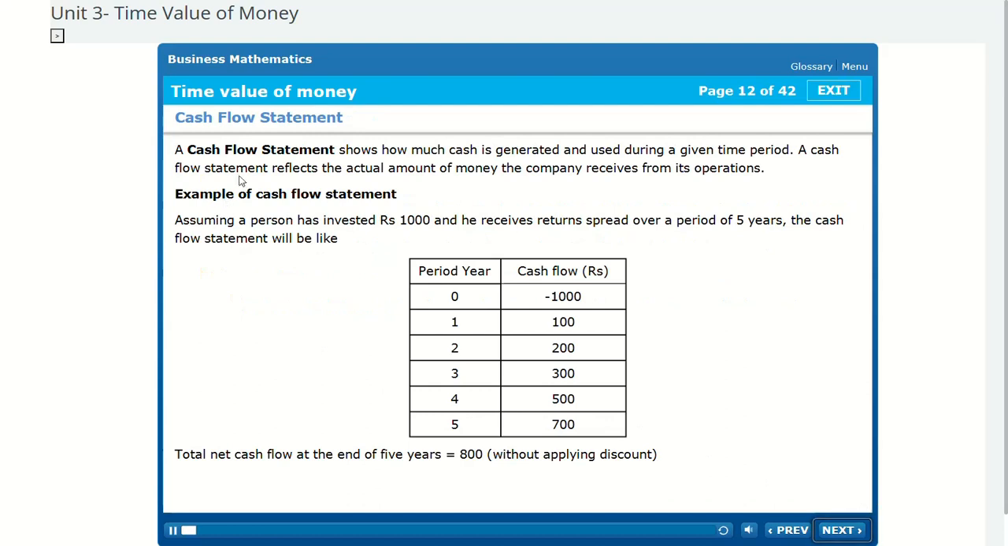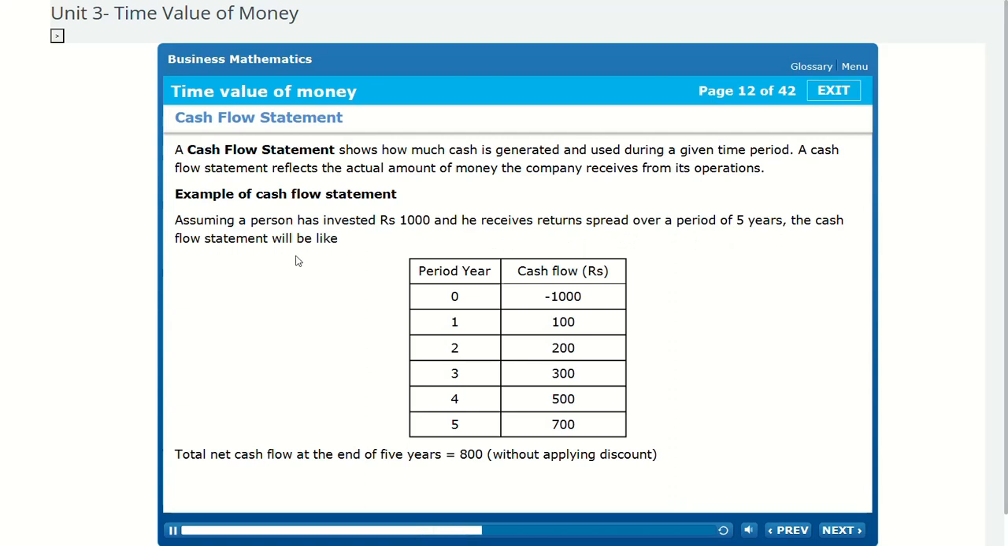Cash flow statement. A cash flow statement shows how much cash is generated and used during a given time period. A cash flow statement reflects the actual amount of money the company receives from its operations. Example of cash flow statement. Assuming a person has invested ₹1,000 and he receives returns spread over a period of 5 years,